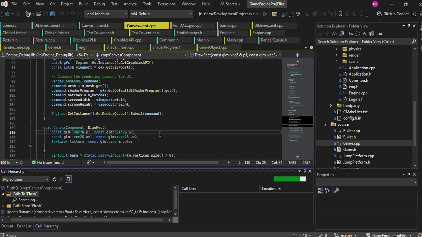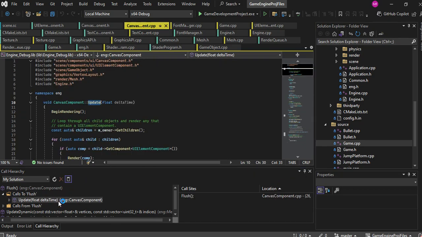It's taking its sweet time. This is an old potato, though. It really is. There you go, update canvas component. So yeah,